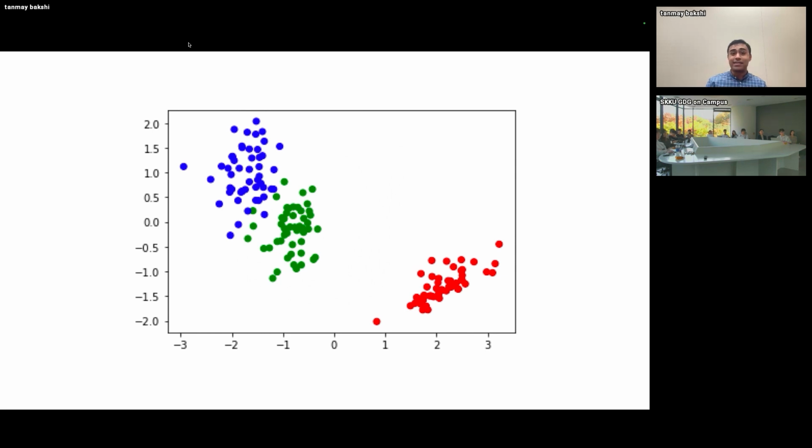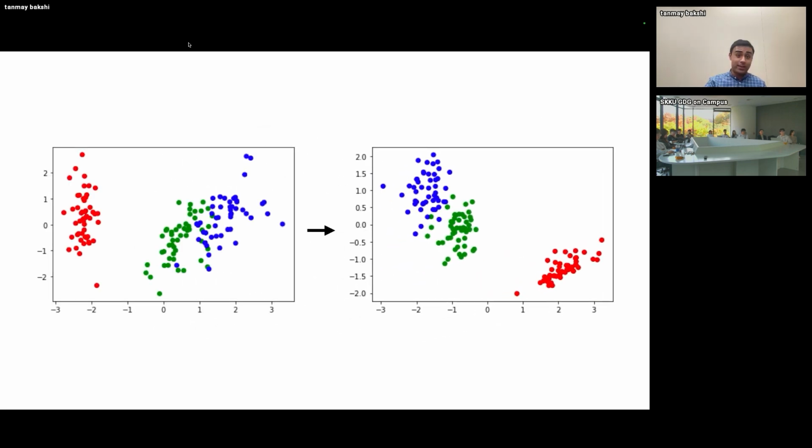But the thing is that the data did not originally look like this. This is what the data looks like after having been processed. The original data looks like on the left. Now on the left, of course, the red cluster is still very easily separable. You can still separate that with a straight line. But then the green and the blue are significantly more intertwined. The job of a machine learning model is effectively to determine how you can transform the data from looking like on the left to instead looking like the data on the right, which is, of course, an incredibly difficult task. It's not easy to do that.